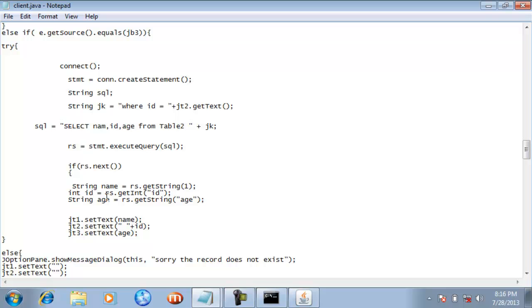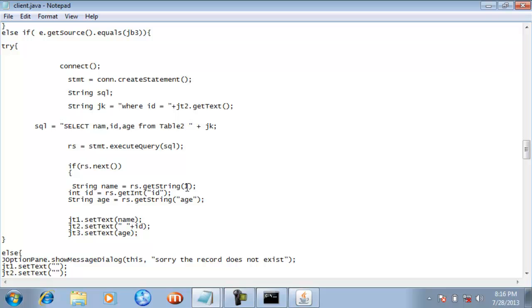we have again created three variables as you can see, and in order to extract those values from rs named object guys, we have used this one, rs.getString1. So actually what is this one? This one is the first column which is existing inside this table 2. So we know that inside table 2 the first column is the name column whose data type is string.